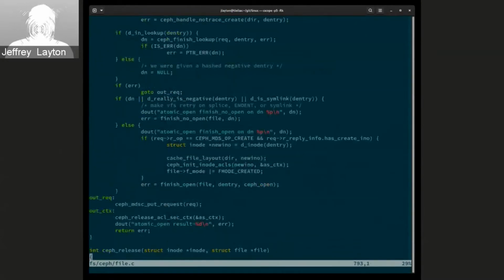But at the end of it all, we will call this finish open, which will finish filling out the struct file. And then at that point, we've got a fully instantiated open file. It'll get hooked up to a file descriptor by the generic open handling code, and then passed back to the user. So now let's say that we've done that, and now